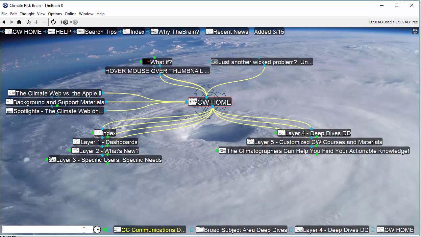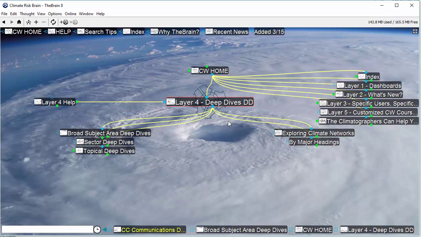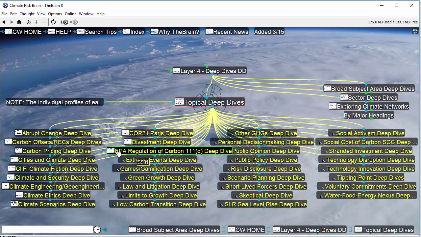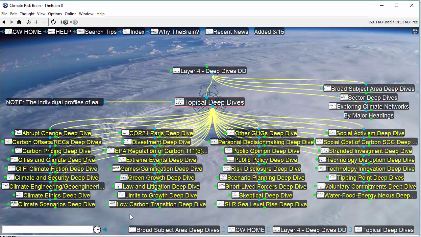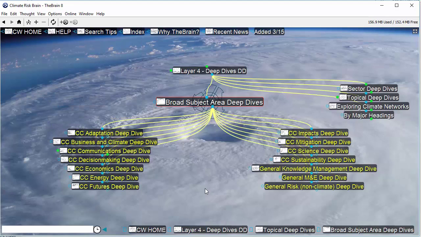Try simply searching. If that doesn't do the trick, then I would suggest going into the deep dives category in layer 4. And one quick option is to take a look at the topical deep dives that are listed there to see whether what you're looking for is within one of those deep dives. But then in terms of searching through, if you go back to the broad subject area deep dives,